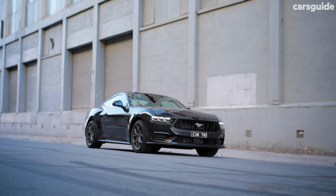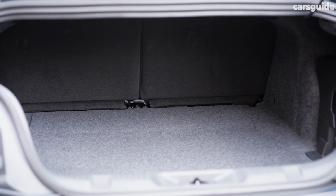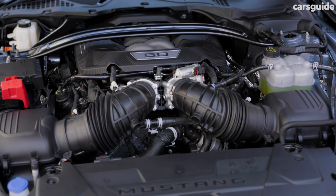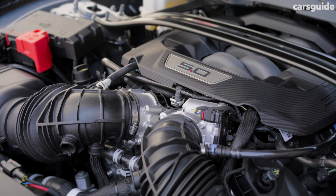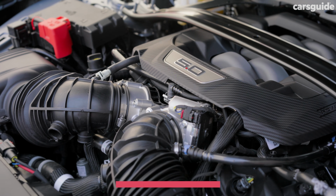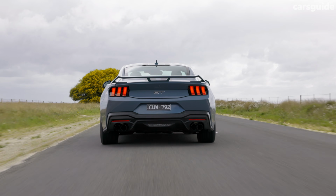Thanks to the Mustang's generous size, the boot's very usable at 408 litres. It's enough for 2 golf bags, and the rear seats split fold for longer objects. The Ecoboost gets a new engine that develops 232 kilowatts and 475 newton meters, so a little less power but a bit more torque. Response is improved thanks to a twin-scroll turbocharger, and with a quad-mode exhaust, it sounds pretty